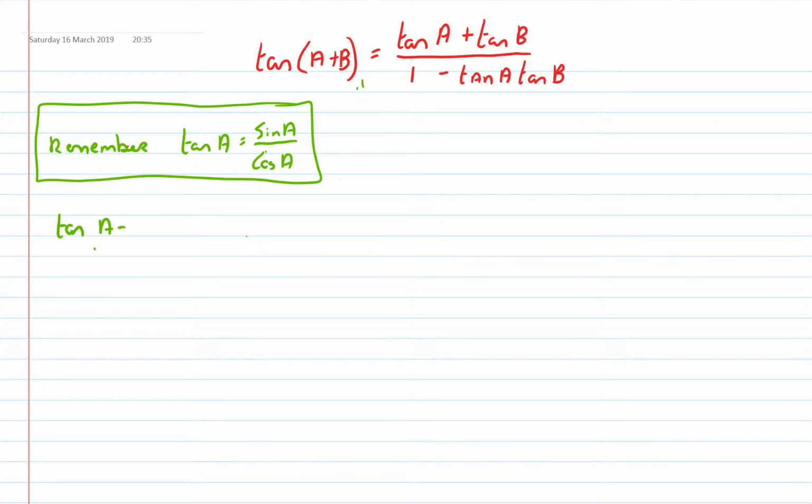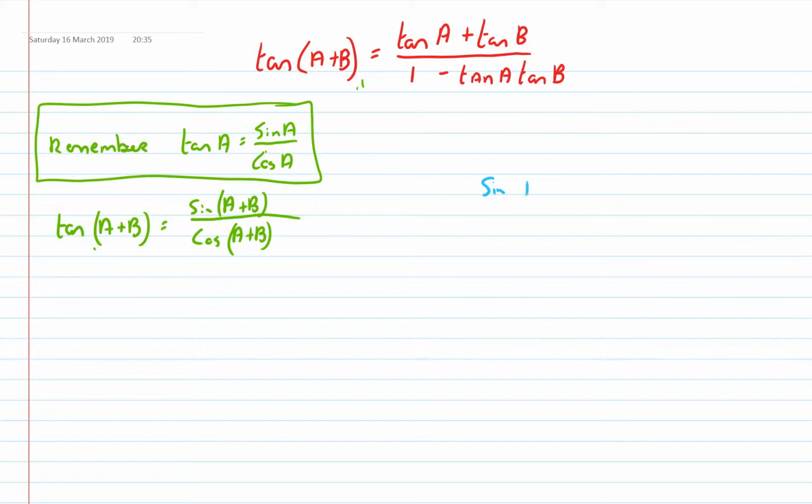tan(A + B) equals sine(A + B) over cos(A + B). Okay, so we need to know that. The next thing we need to remember then, and it's something we've already derived, is that